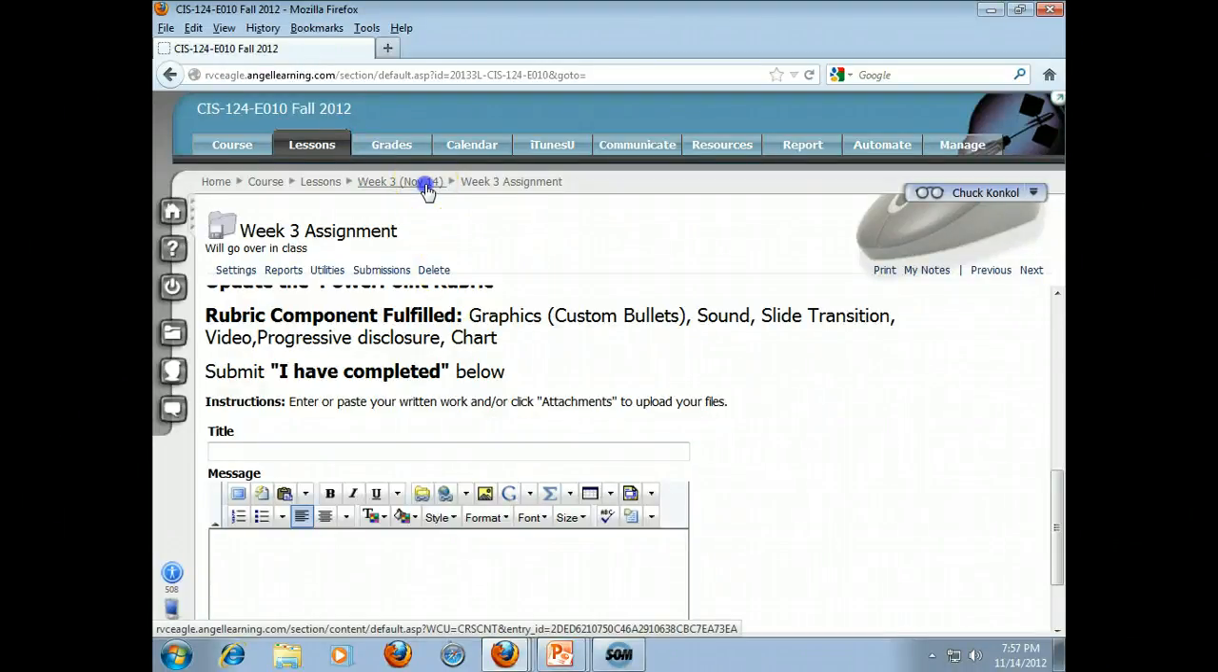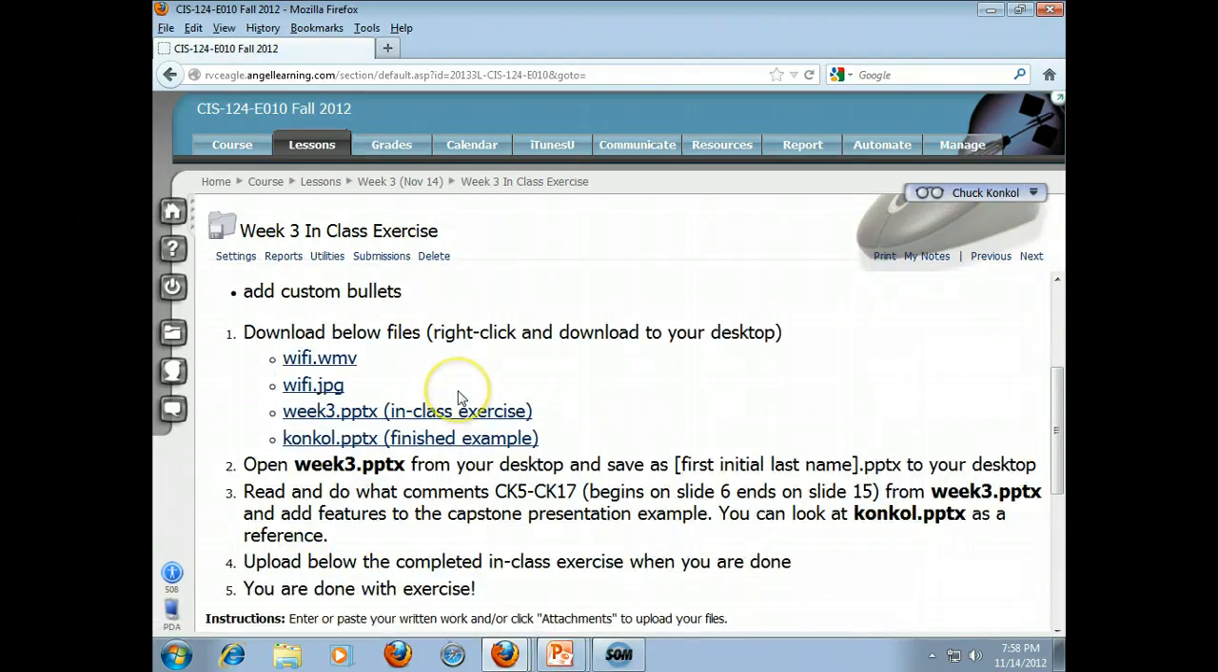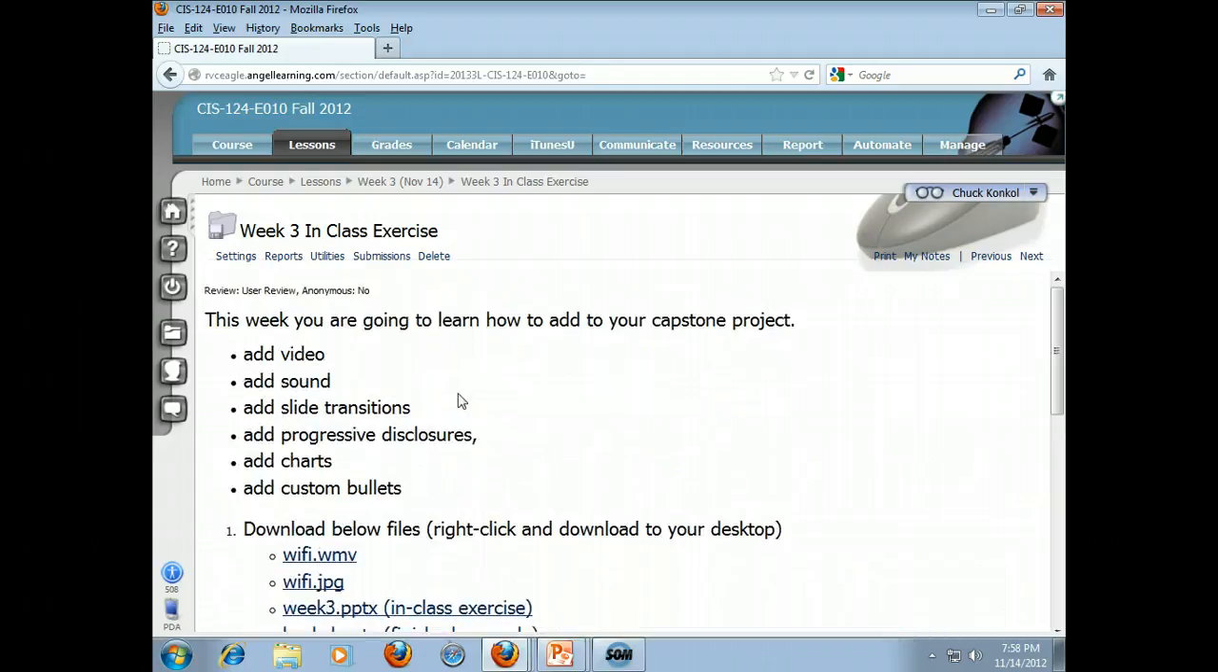So let's go ahead and do this. In week 3, if everybody could go there for me, we're going to get started right with the in-class exercise tonight because we have so much to do on that. So if you'll go into the week 3 in-class exercise, and while I'm presenting the final and what we'll be doing tonight,